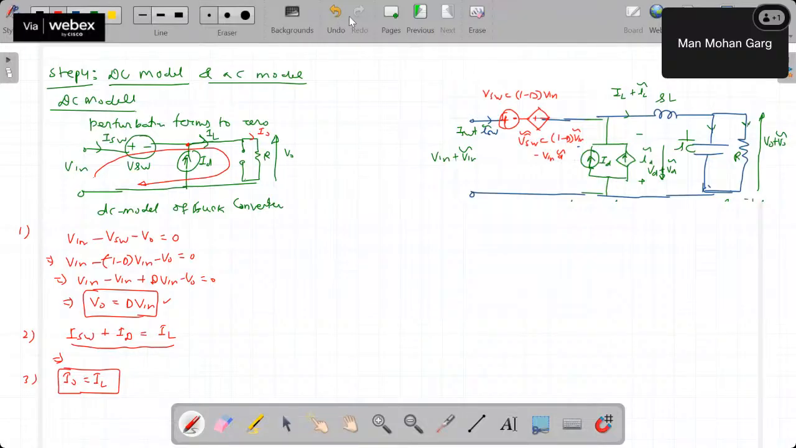Now, if we talk about the small signal model, which is also very important,